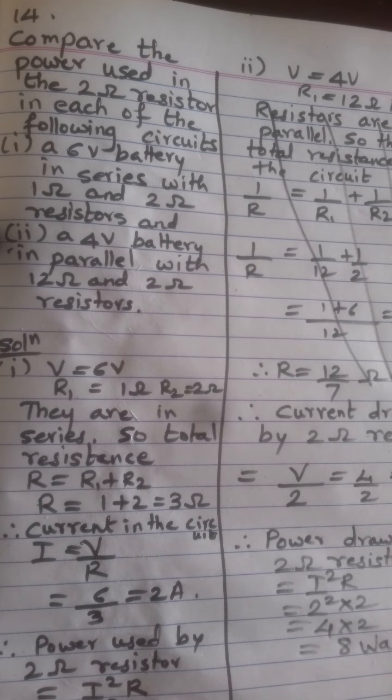So let us solve the 14th question of exercises from the lesson electricity. The question goes like this. Compare the power used in the 2 ohm resistor in each of the following circuits. First one,